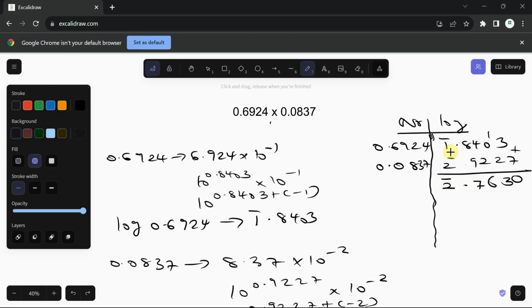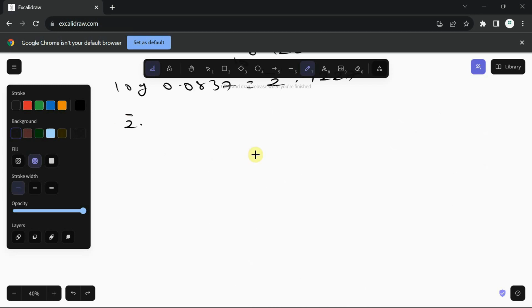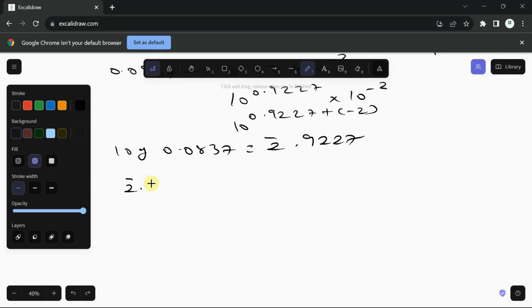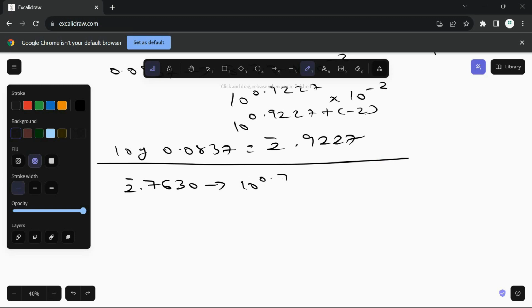So when we are adding like this, we add them like minus 1, minus 2. I know it can be a bit confusing, but the more you practice it, the better you become. So bar 2.7630, right? This is like saying 10 raised to the power of 0.7630, times 10 raised to the power